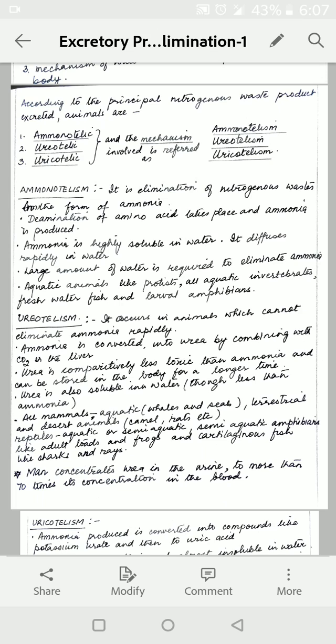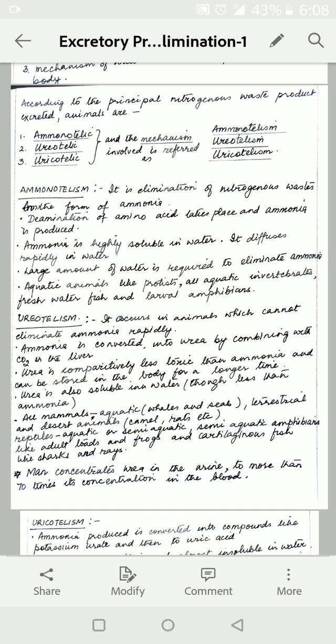And examples of these ureotelic animals are all mammals, whether they are terrestrial or aquatic. So aquatic mammals like whales and seals also eliminate urea as their excretory nitrogenous waste. So all mammals are ureotelic animals. Even the desert animals like the camels, rats, and kangaroo rats also excrete urea